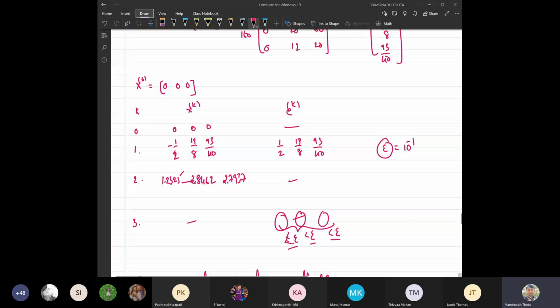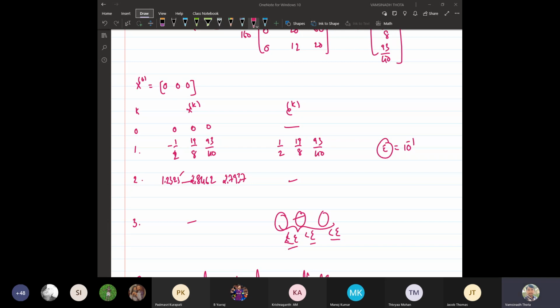For the rate of convergence, what do you need to find out? First you need to find the eigenvalues. The rate of convergence is nothing but the minus logarithm to the base 10 of the spectral radius. Does anyone have doubts? Yes, you are allowed to use scientific calculators, so using them you can easily find the eigenvalues also.